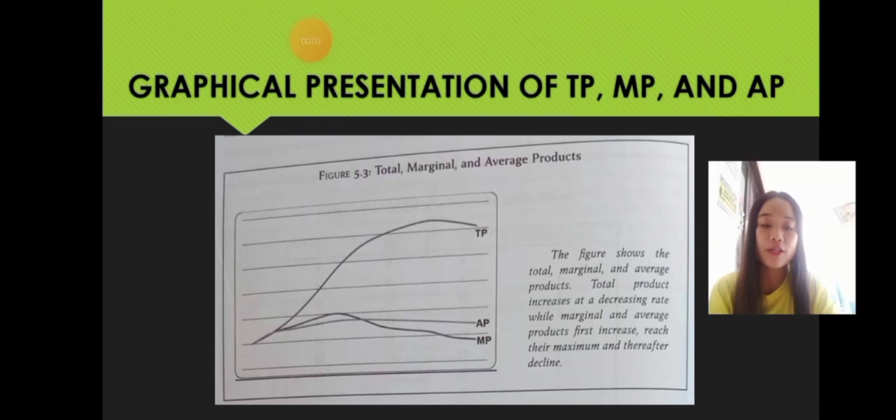In fact, there will come a point that marginal product will become zero or negative, implying that the additional worker contributes nothing to the output. So if we add more sewers to a single sewing machine, beyond some point in our hypothetical example, after the fifth worker, the extra output that the fifth sewer added is less than the extra output that the fourth worker added. So that's all. Thank you.